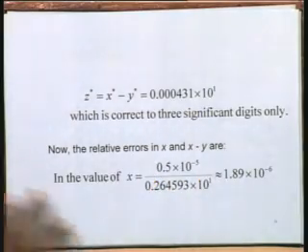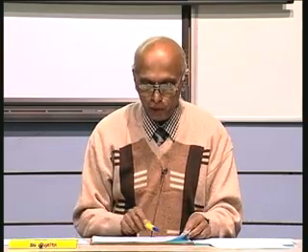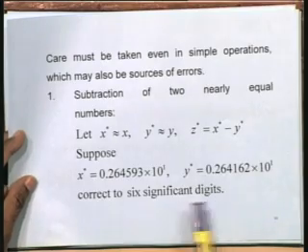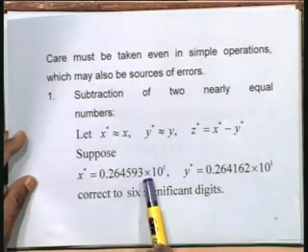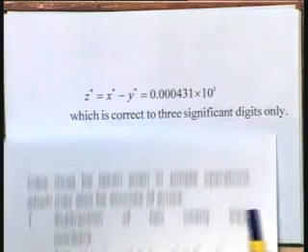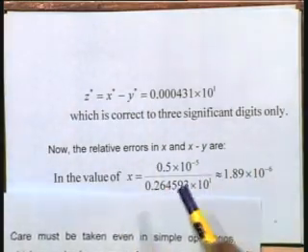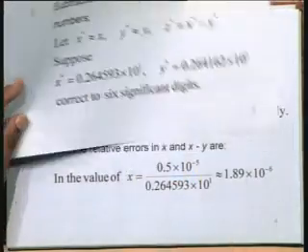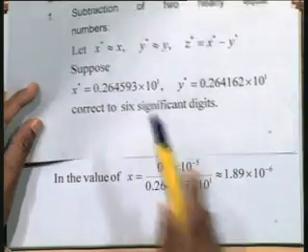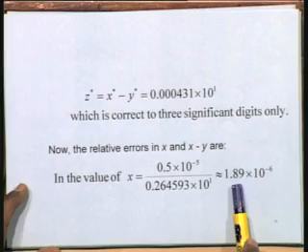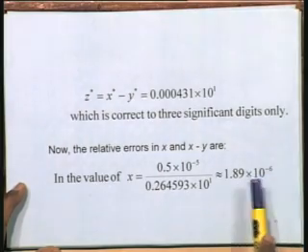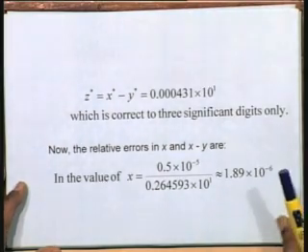If you go back to this slide, x star is given with these significant digits, and this is 2.64593. Therefore I can immediately write down the error in this. We are talking about the magnitude, the absolute value, since it could be on the other side. So 0.5 times 10 to the power of minus 5, that comes from here, and the true value is 264,593. If I divide these two, what I get is 1.89 times 10 to the power of minus 6. This is the relative error in x when we started the problem.